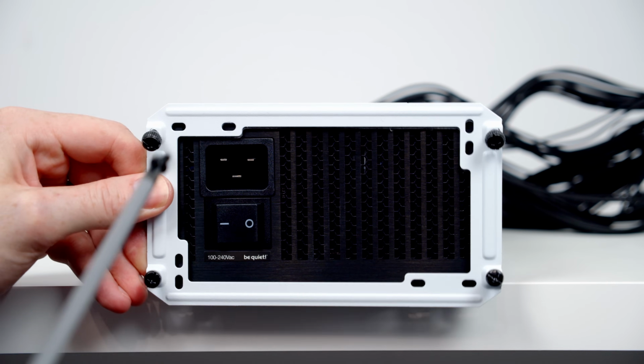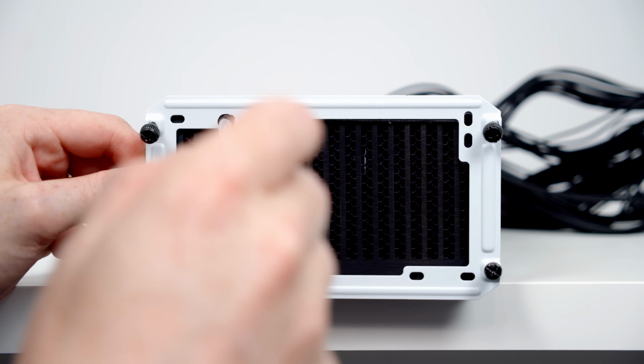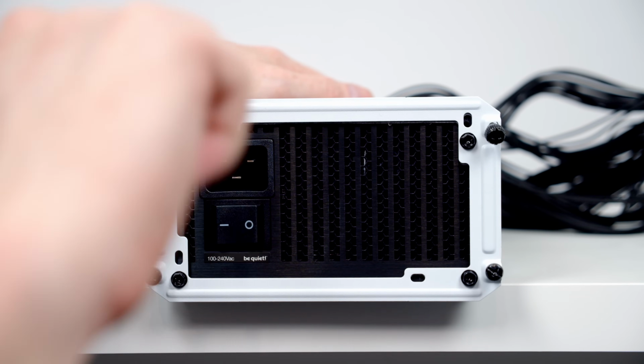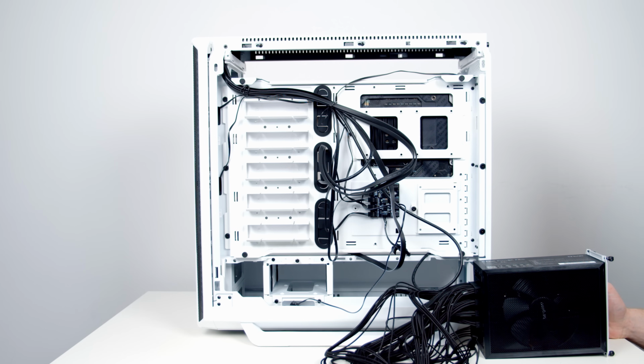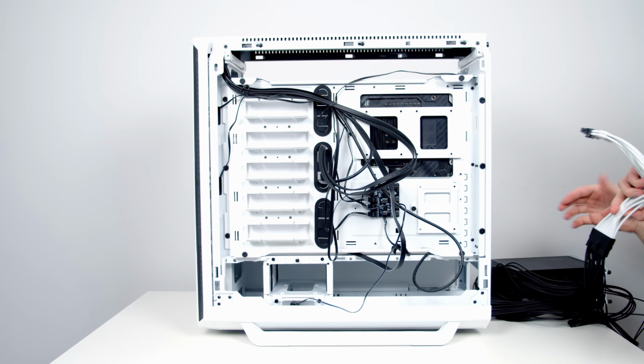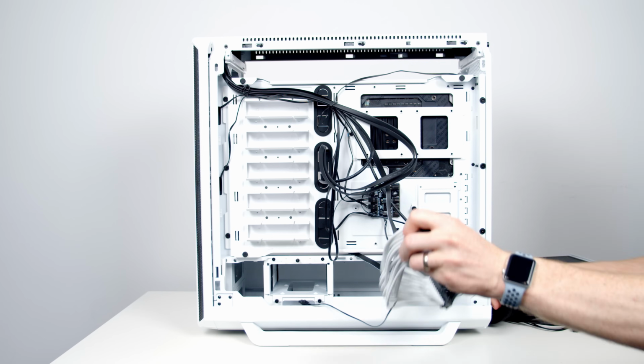Next, we just need to go ahead and secure the removable bracket to the power supply. We're now ready to go ahead and get our power supply into the case. Just before we do, it's important to point out this is our power supply's intake fan. The power supply is going to get cool air from the bottom of the case, and there is a dust filter on the bottom. So we're going to want to install it with the fan facing down, like this. So if we go ahead and pull all the cables through,